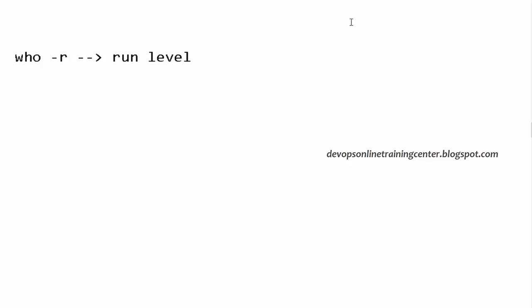I'm not aware of that for Windows, but probably what you can do is when you reboot a machine, it will ask two things. One is go to debug mode, right? There we can log in inside the machine, and if there is any problem, try to fix it. So if there is any issue with the file system and there are some blocks which are corrupted, and we want to repair it and the machine is not booting, fsck is a command. This will do a file system check.